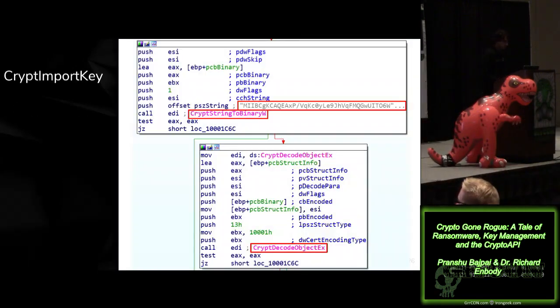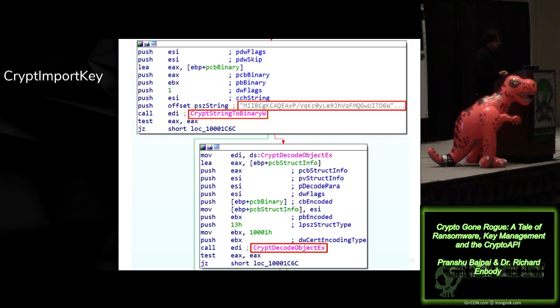All right, so next thing to do, like we talked about the hybrid encryption scheme that these modern ransomware use. And so the next thing for these ransomware to do is to use the attacker's public key somehow to safeguard or secure this symmetric key once it's done with its encryption job on the victim's computer. So to do this, the attacker's public key is embedded in the ransomware like we talked about before. And that long string that you see in the first highlighted red box is the attacker's public key in the case of NotPetya ransomware. So it uses this. If I remember correctly, that's an RSA 2048-bit key, and that public key is used to encrypt the